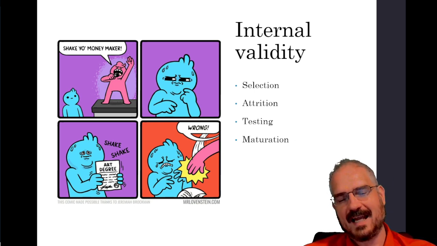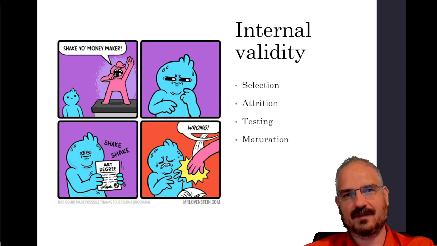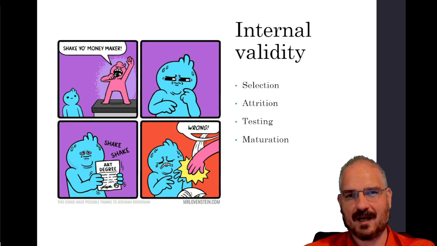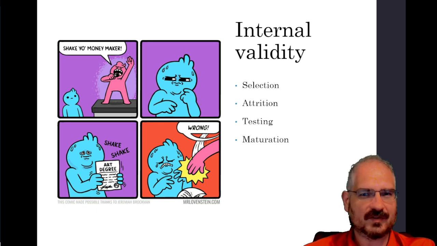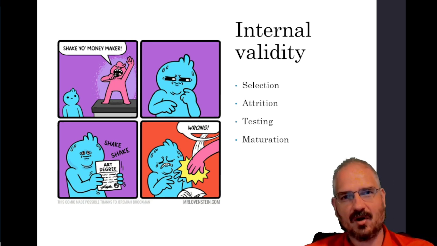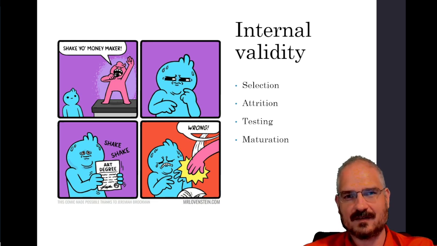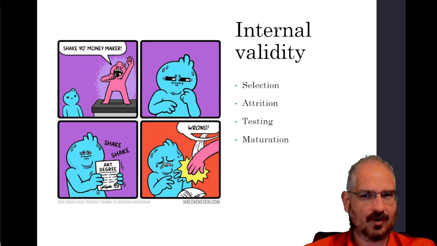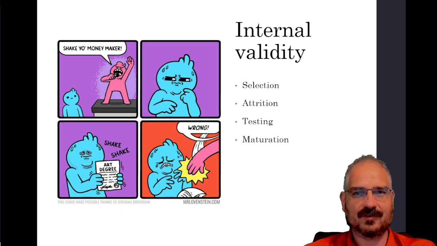So if we see a difference at the end, if the juveniles from the boot camp program have lower rates of recidivism, it might not be because of the boot camp program itself. It might be because all the worst of the juvenile offenders, the ones who were going to recidivate anyway, dropped out of the program. And thus their recidivism numbers aren't measured in that observation at the end. Thus it artificially lowers the recidivism rates of that group, making the boot camp program look more impactful than it really was. So attrition is when members drop out of your study